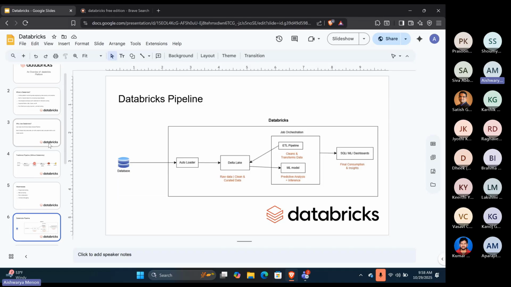So now if we consider the same example over here in Databricks, the only thing is you'll be extracting information from an external source using Autoloader, and it will be saved into your data lake as your raw data. And then you could write a notebook with Python code, which could transform this data and make it into clean and curated data, right? So you could just write your transformation layer logic and then load it back into your data lake